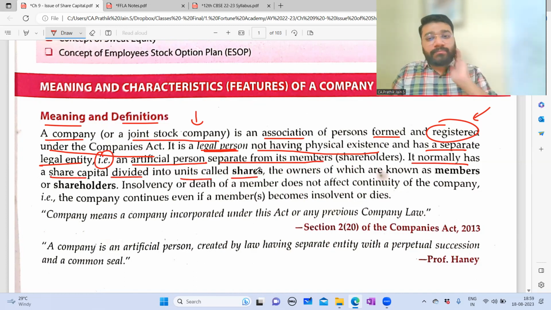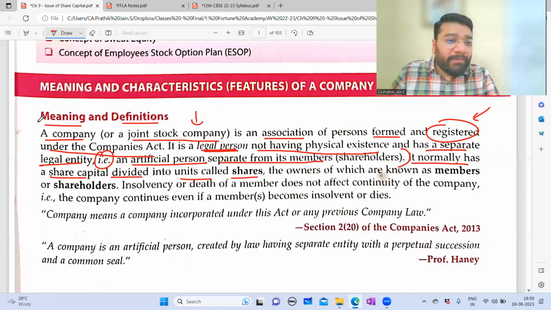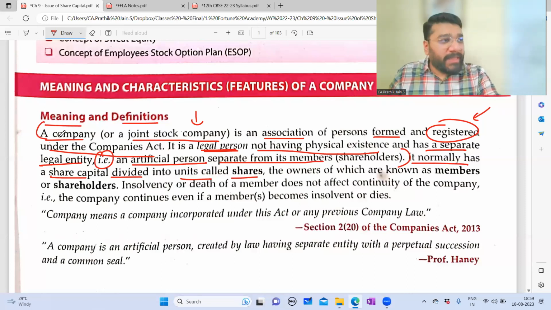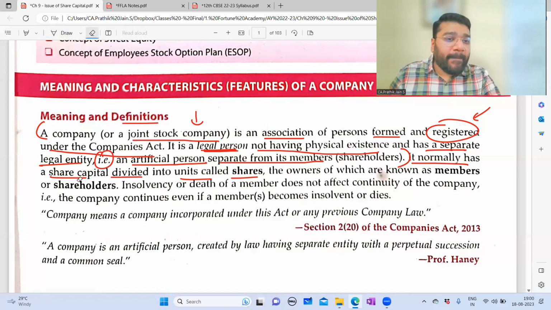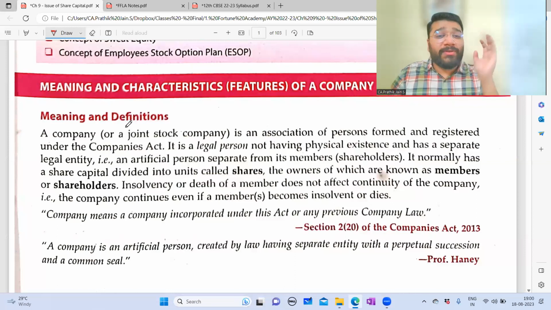Okay, now before I start explaining what is a share, what is a shareholder, what is an owner, what is a member, before that, till this point, do you have any doubts? Yes, boss. Many people have invested in the share market and all. Wait, don't go till that. I have to explain a lot of things. At this point, if you have any doubts, you ask.